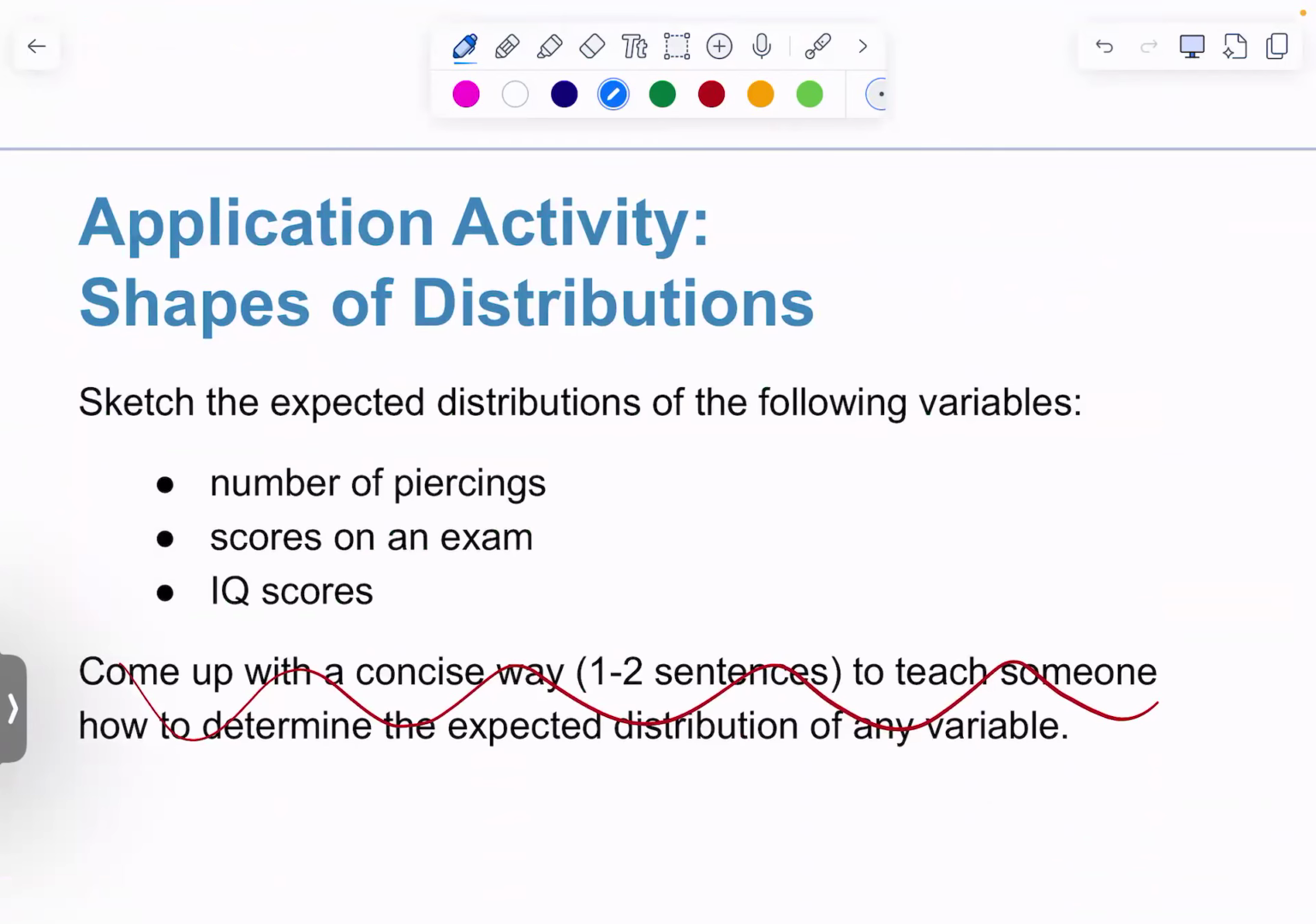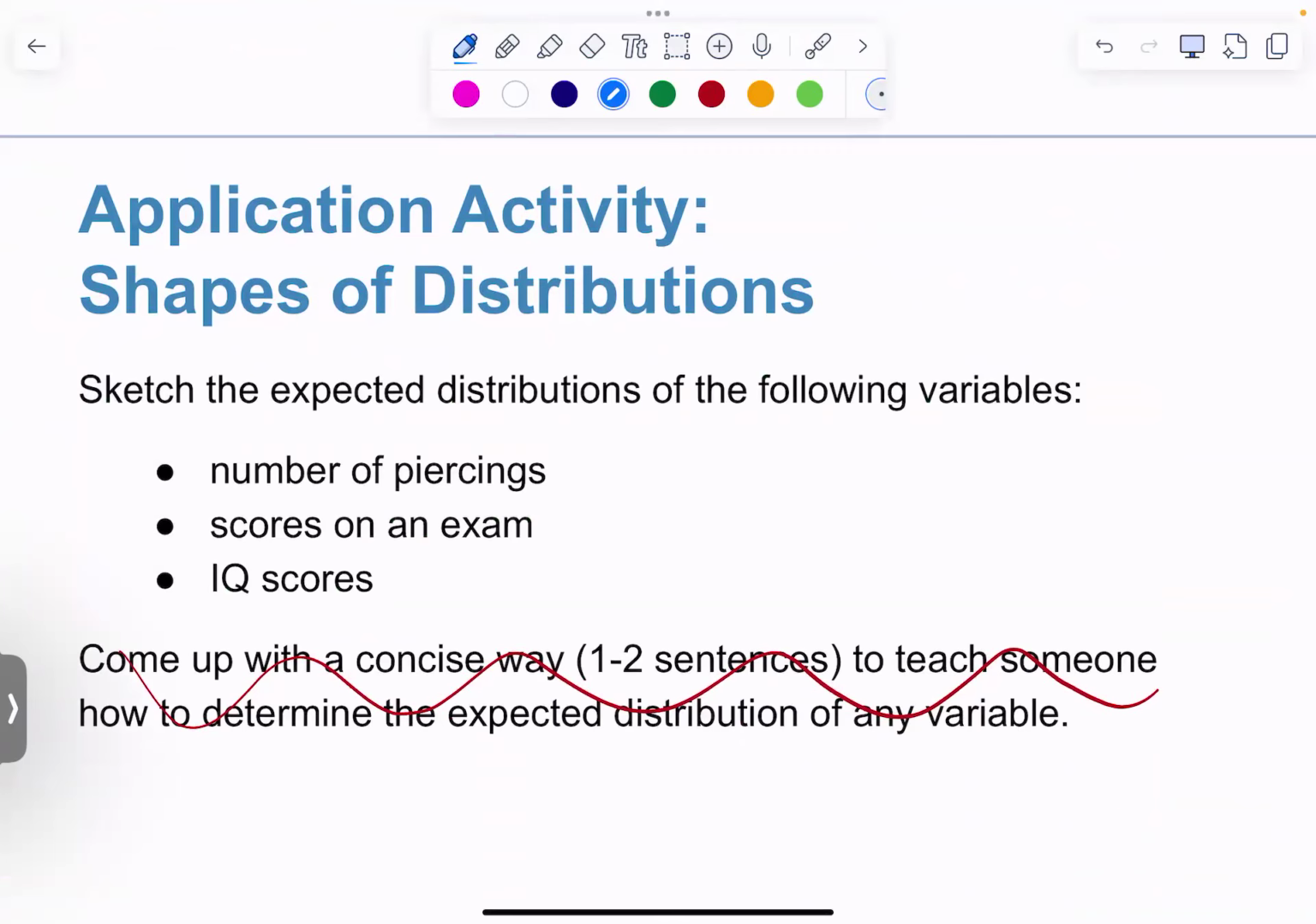I feel like we just did this one, but let's do it again. I crossed out this one because it's too time consuming. But if you have to sketch the expected distributions of the following variables, think about what you would expect to be most common, and then from there, which direction would the data head, right? And so for the number of piercings,